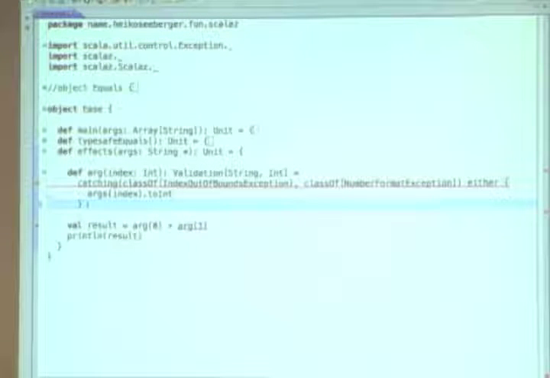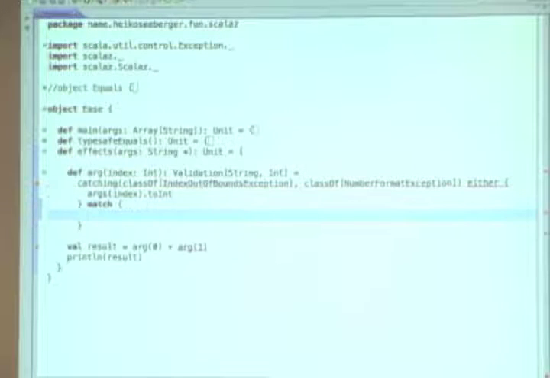Now what we have to do is match on the result, and if it is a left with an IndexOutOfBoundsException, we can return an error message like this argument is not there.